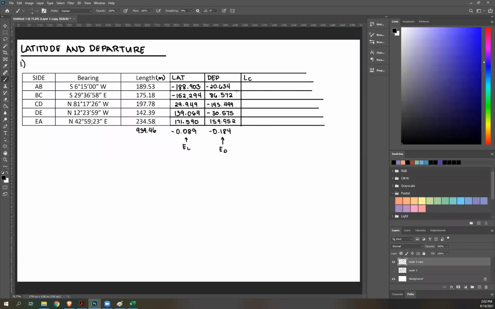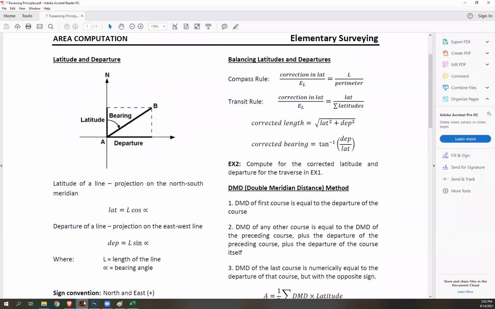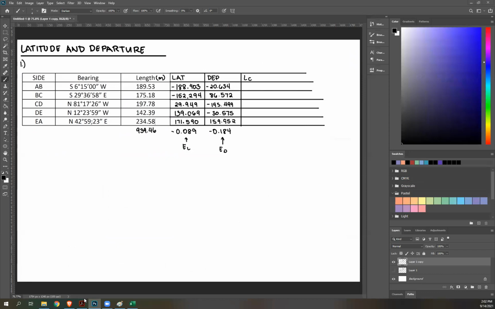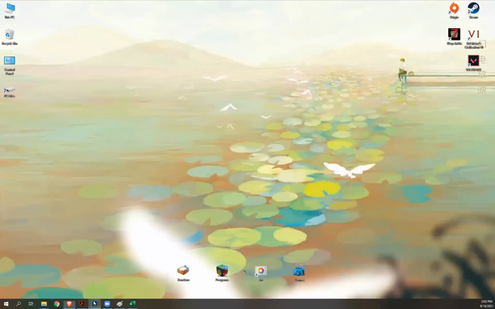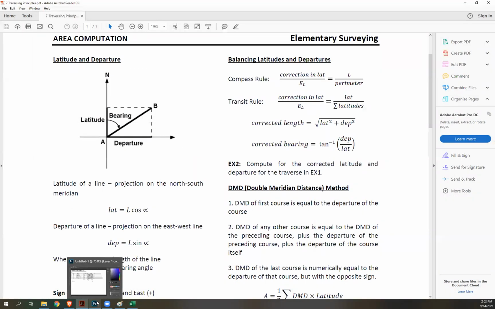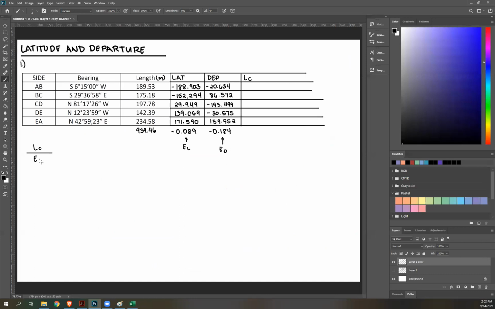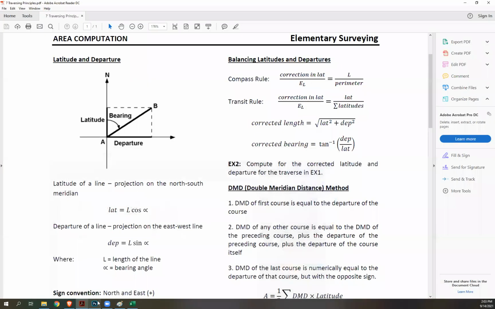Again, I'm going to start the computations. Okay, so I'm going to write it down. Correction in latitude. So that's LC over EL equals